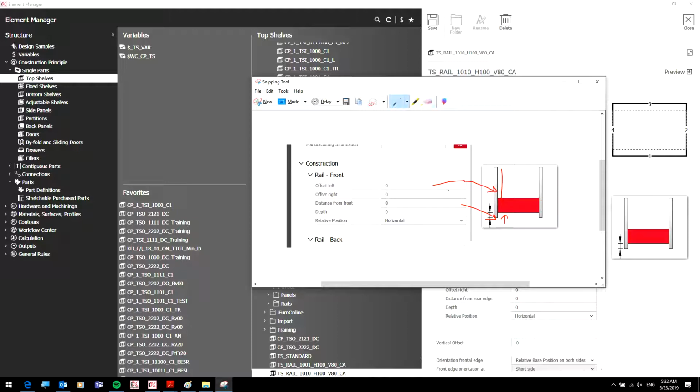Offset left, offset right. Yeah, you got the point, right? So it's offset left and offset right is the distance, right? So the depth,